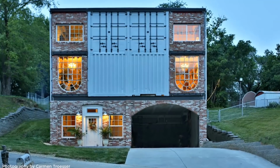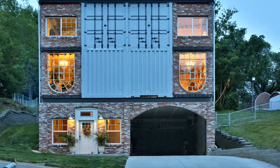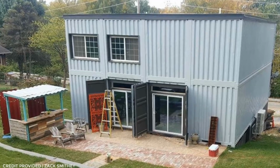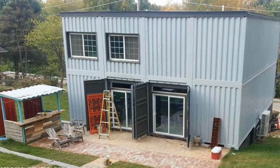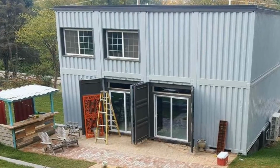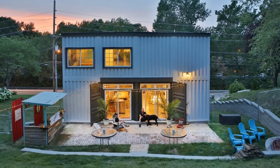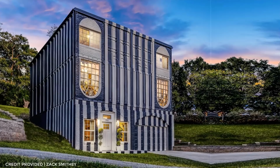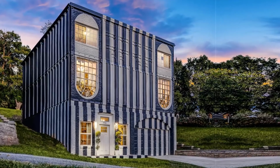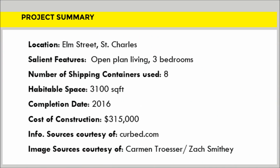The front of the house is clad in salvaged brick, but the rear facade shows off the corrugated container walls. 2 large sliding doors open the lower level of the house to a big patio at the rear of the house. The dichotomy of this house is also reflected in its sheer size and the cost of construction. This is a 3,100 square foot house built on a paltry budget of only